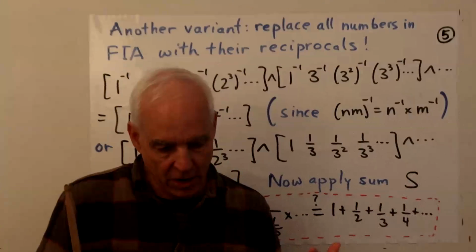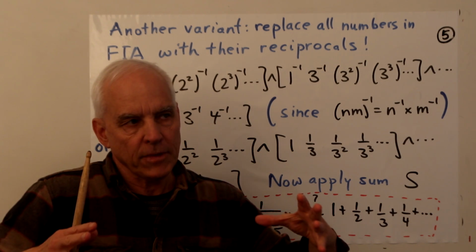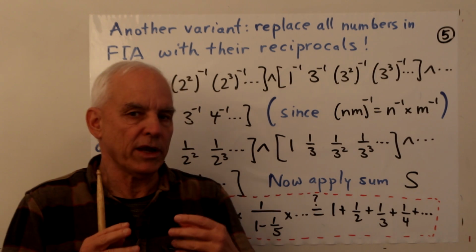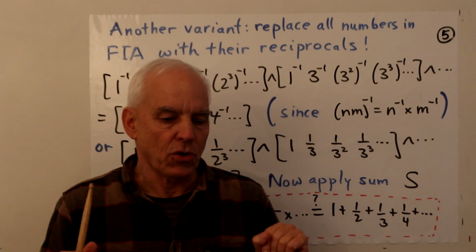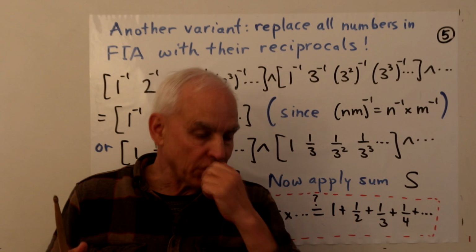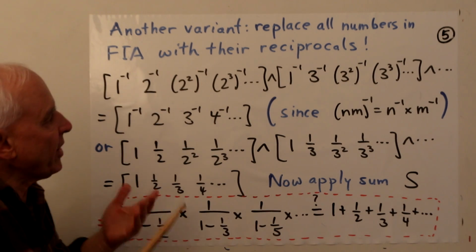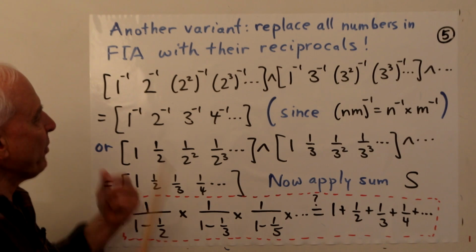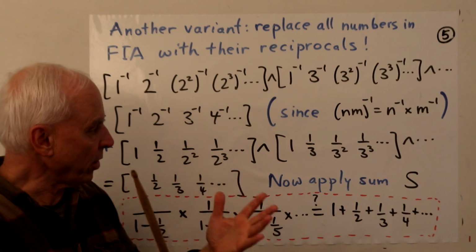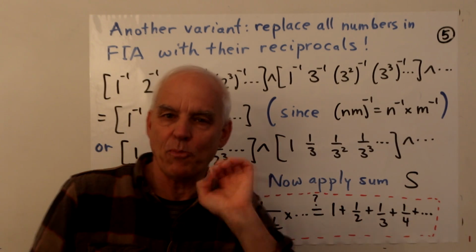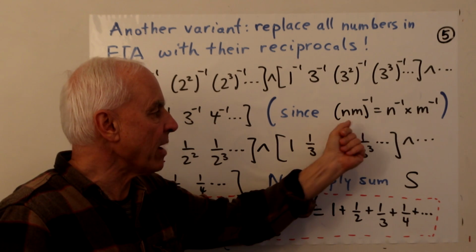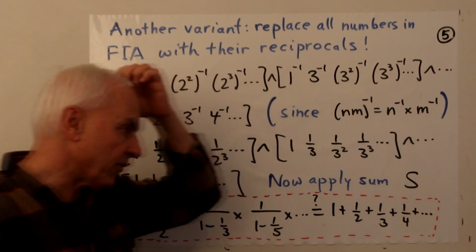So here's another variant now, where we're stepping away from box arithmetic generally and just focusing on something that we can do with these boxes of natural numbers. In our world where we accept rational numbers also, we can take reciprocals of natural numbers, and those are fractions. So perhaps something else that we could do is to take reciprocals of everything in the fundamental identity of arithmetic. And the reason why that works is because taking reciprocals still obeys this fundamental multiplicative property, that the reciprocal of n times m is n inverse times m inverse.